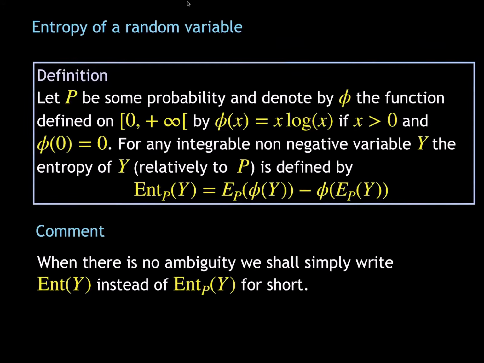So now when you look at a probability distribution... Okay, so it's the same as before. This is the reason why I have been quick. It's just because it is the same definition as before. I have already introduced the notion of Phi entropy, and I just recall the definition in the special case where the function phi is equal to x log x, but it's the same definition, of course.